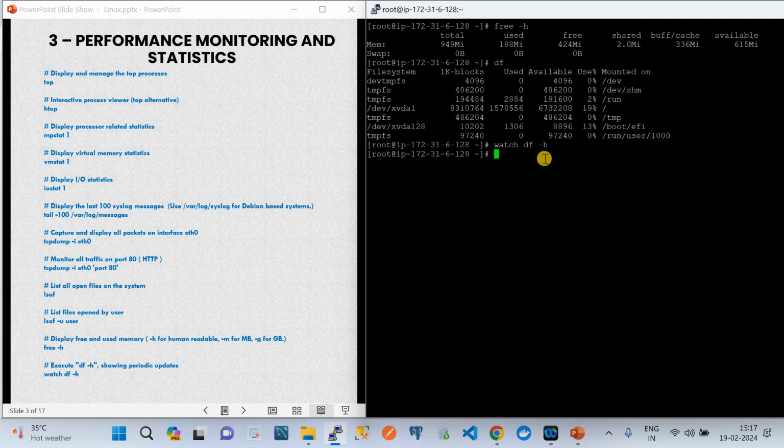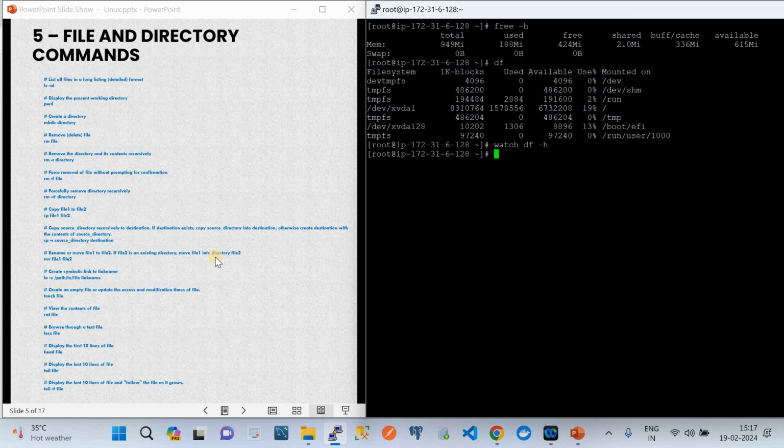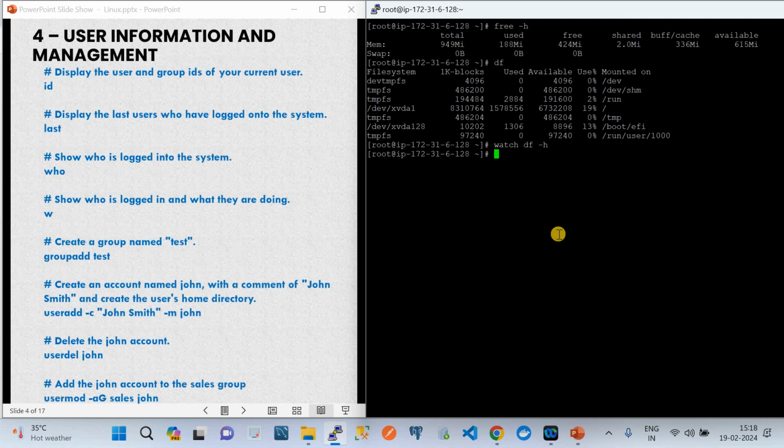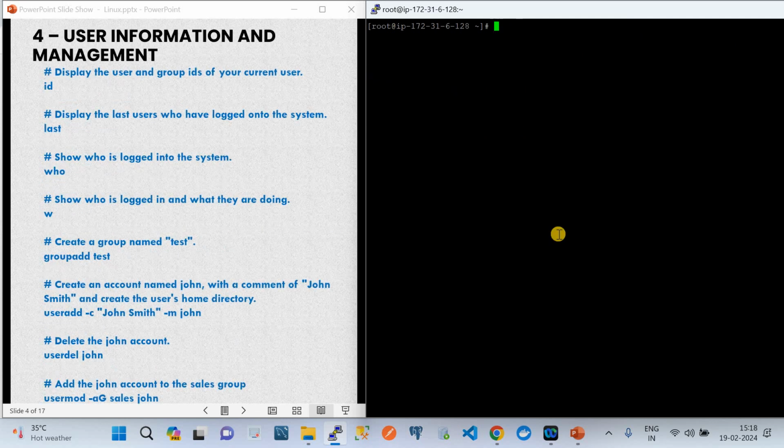All right. So I came out of that command, that is watch df. Let's go to the next command, that is on the fourth file. So here user. Now we are done with chapter 3. Now let's go to chapter number 4. In chapter number 4, we will see more about the commands related to the operations, that is user information and